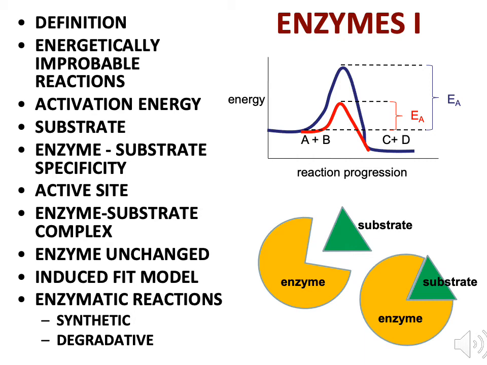There are some fungi that are able to break down wood. They have an enzyme called cellulase. It allows them to break down cellulose in cell walls. Now, cellulase will only work on cellulose. It won't work on starch. It won't work on anything but cellulose. Enzyme, substrate, specificity. And that all boils down to the shape of the active site. The shape of the active site fits the substrate, allows the combination of enzyme and substrate to occur.